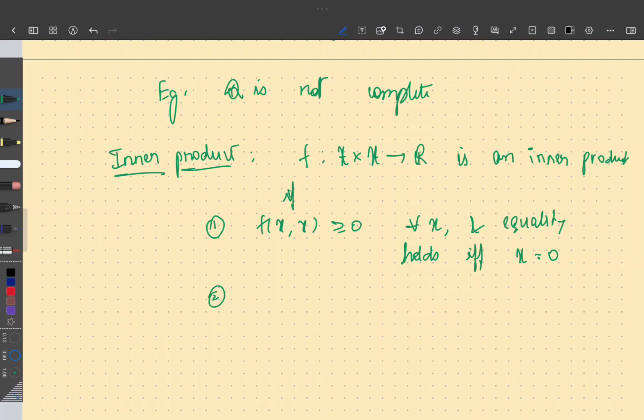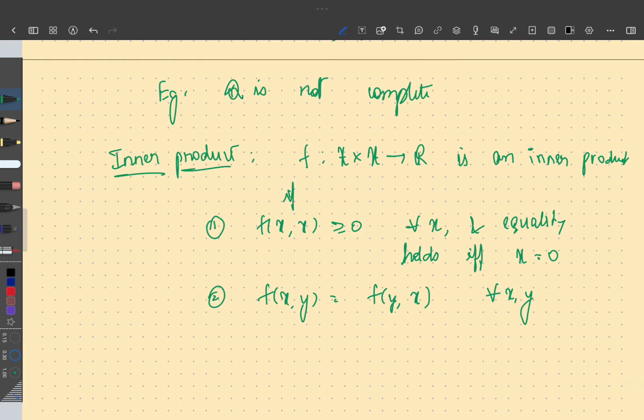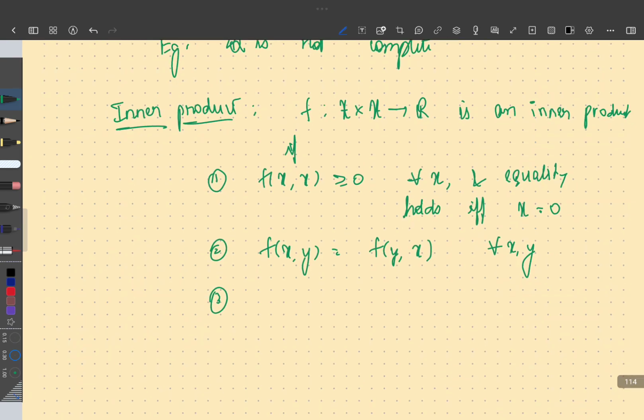The second is that it should be symmetric. f of x comma y should be equal to f of y comma x for all vectors x comma y. And the third property, maybe one more, f of alpha x comma y should be equal to